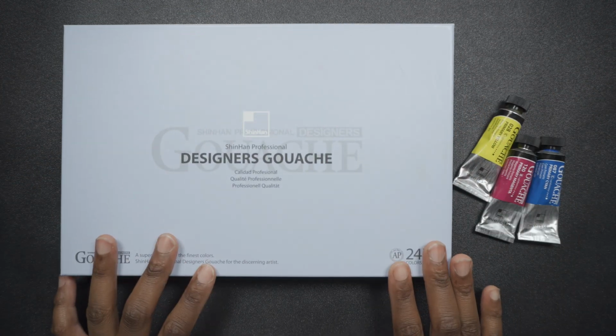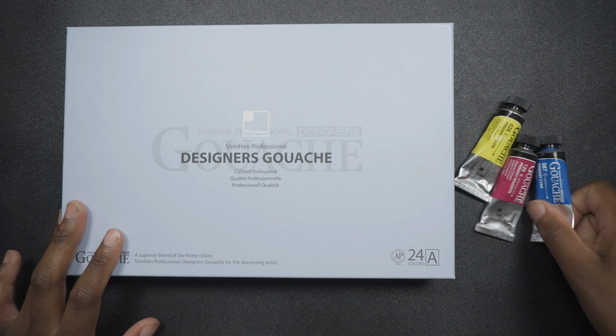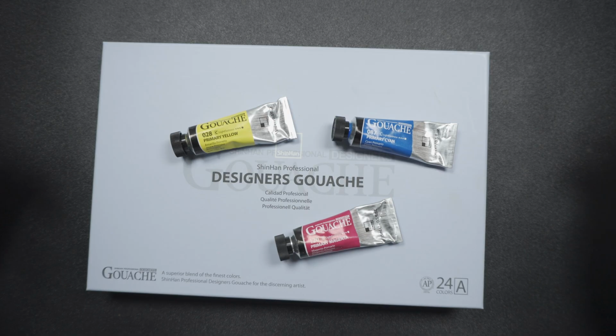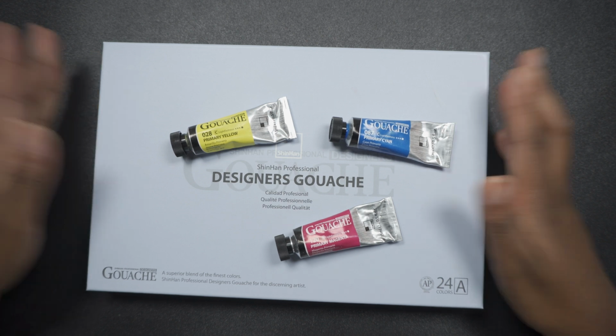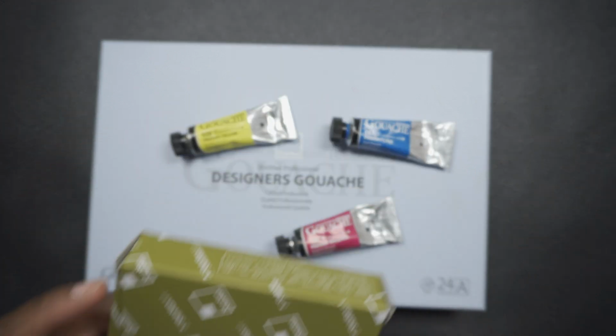I was reorganizing my hard drive and saw a swatch video of these colors, and I thought I had never done a Shinhan Gouache review. So here it is. My collection has grown just by a little bit